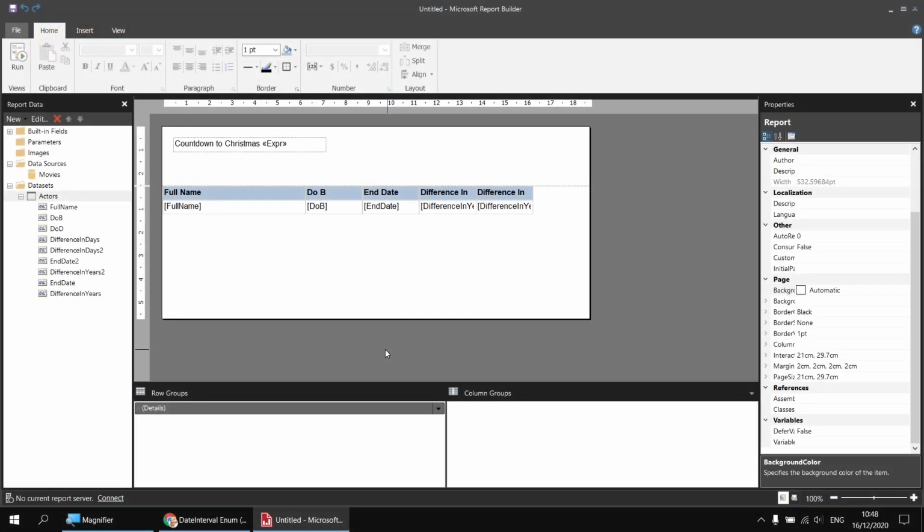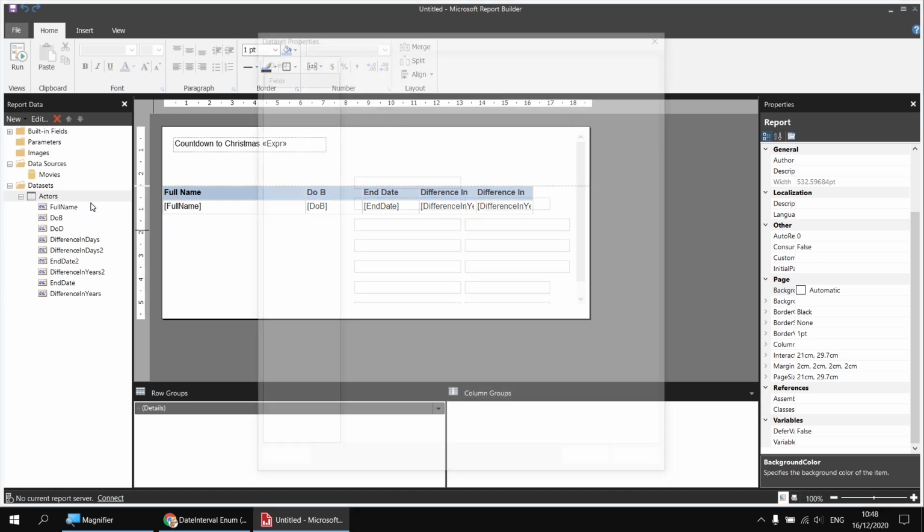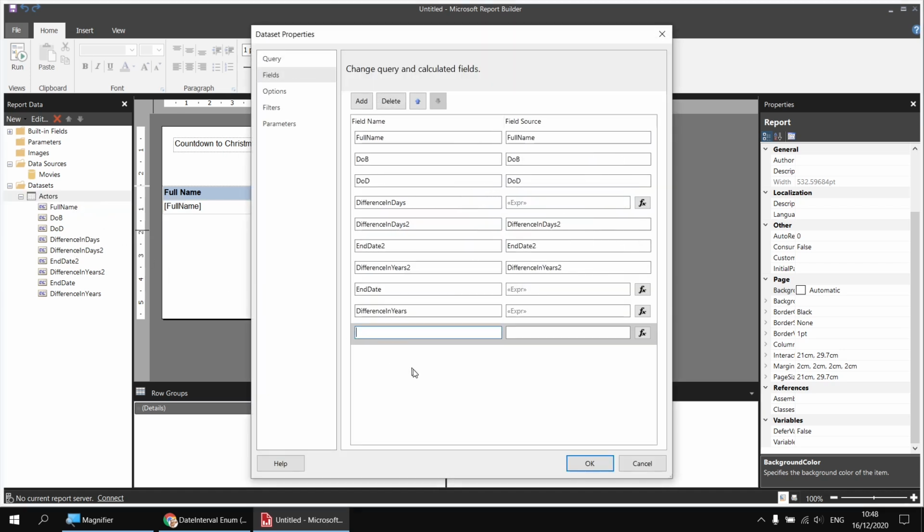We have a variety of ways for how we can solve this problem, and I'm going to start by showing you a slightly quick and dirty method. It's not one that I'd recommend in the real world, and you'll see why in a moment, although you do see lots of people using this technique. Let's add a new calculated field to the actors dataset. I'll right click and choose Add Calculated Field. And just to give you a clue to the technique we're about to use, I'll call this divide by 365. It'll give us a rough and ready answer, not quite 100% accurate as you'll see,